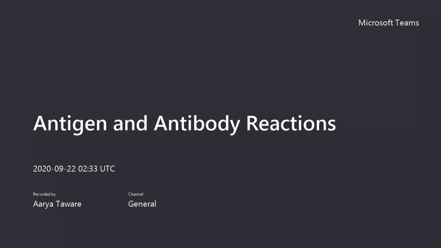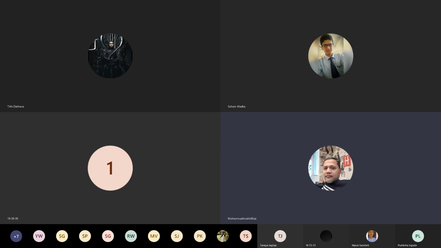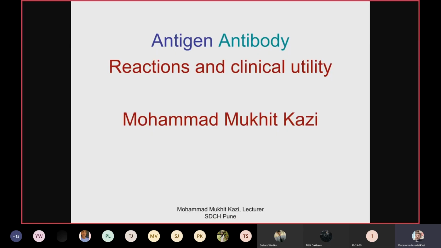Okay, today we will be learning one of the most important topics, that is antigen-antibody reactions and its clinical utility. I think the day before yesterday you learned about the concept of antigen individually as well as antibody. It is very important to know these two factors, which will be important for diagnosing various diseases which we cannot cultivate or detect in the lab on artificial media.